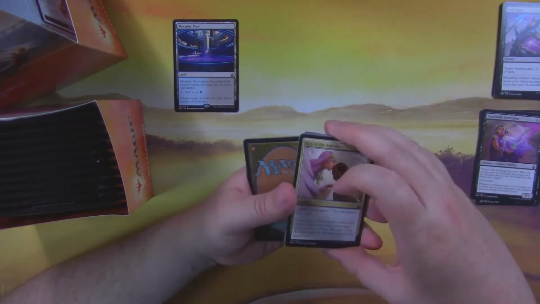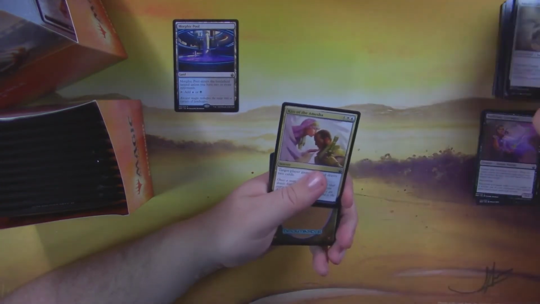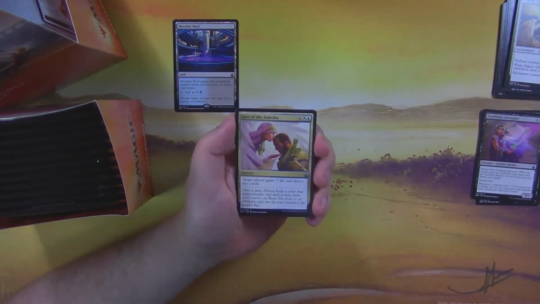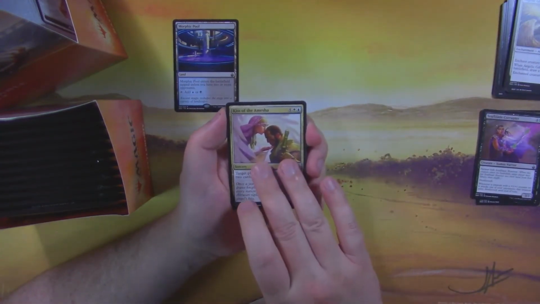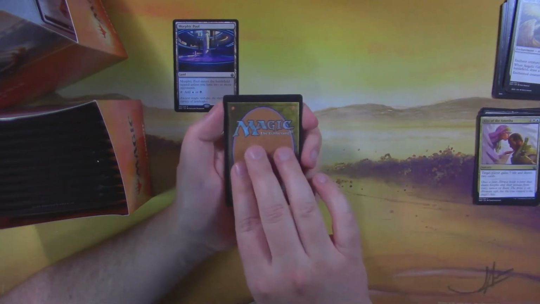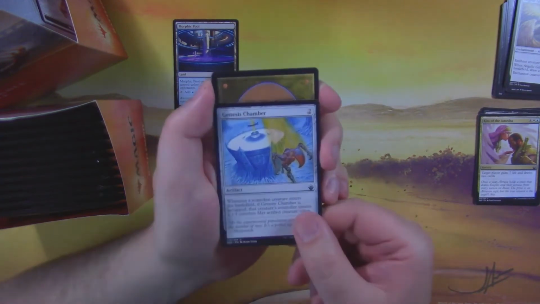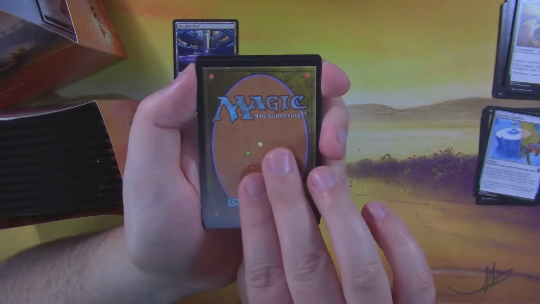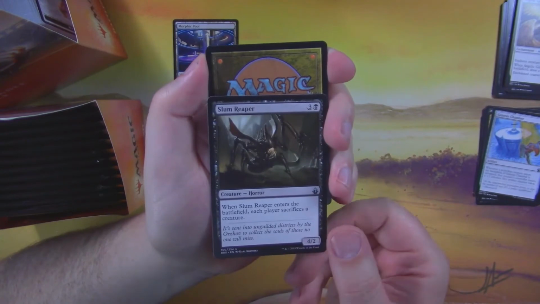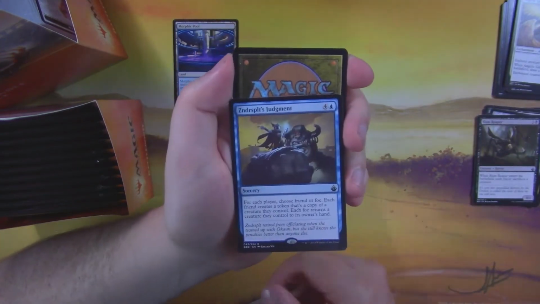10. Okay, so there's an uncommon here, which means we have a foil. So we've got Kiss of the Amesha. We got a Genesis Chamber. We got a Slum Reaper. And our rare is a